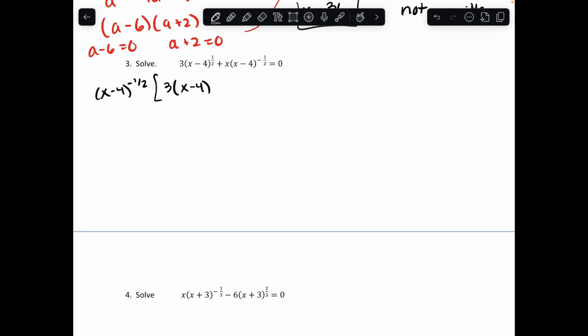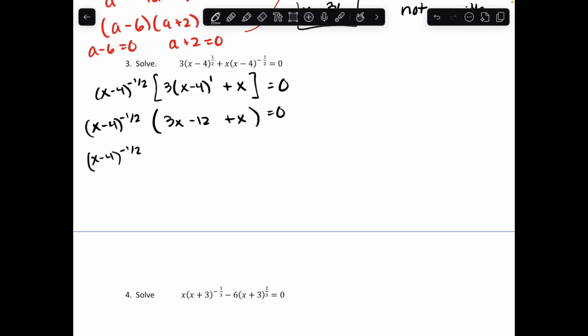The 1/2 minus negative 1/2 is going to give us a 1 power. And then we'll have plus x times x minus 4 to the 0 power. But that's just 1, so we'll leave it like that. And this whole thing is equal to 0. Now I can go ahead and distribute this 3, and then we can combine like terms later. So we're going to have x minus 4 to the negative 1/2 power times 3x minus 12, and then plus x times 1, or just x. Now, combining like terms, we're going to have x minus 4 to the negative 1/2 power times 4x minus 12